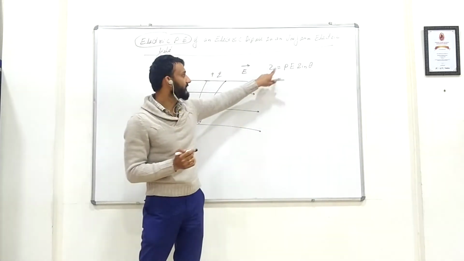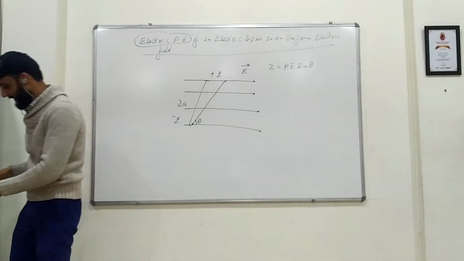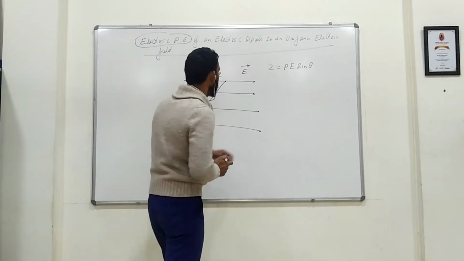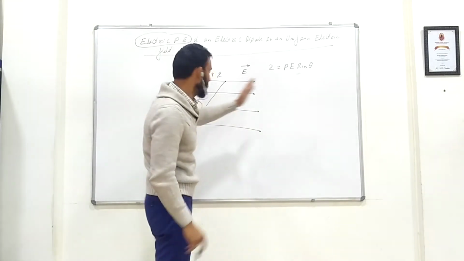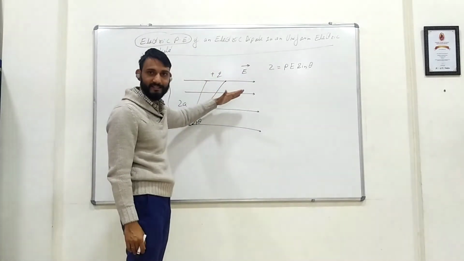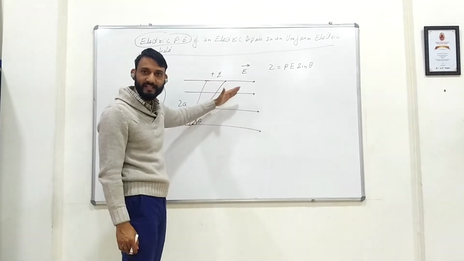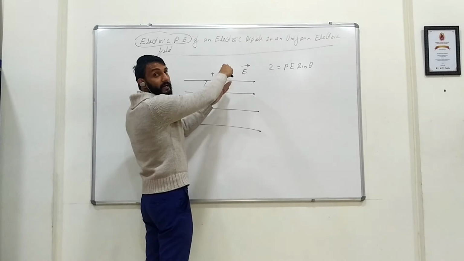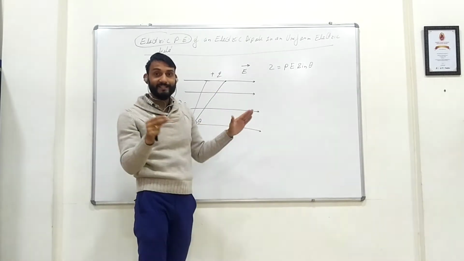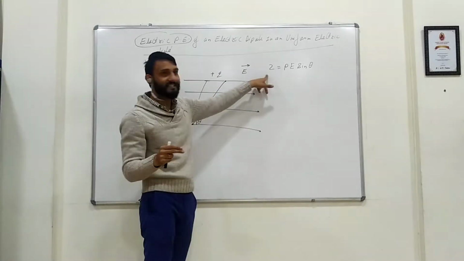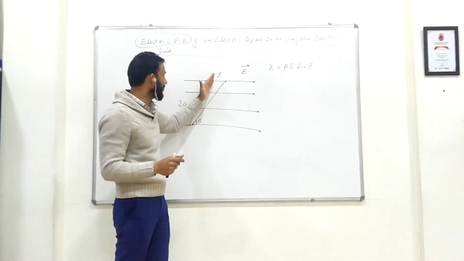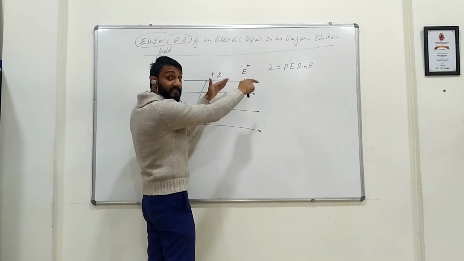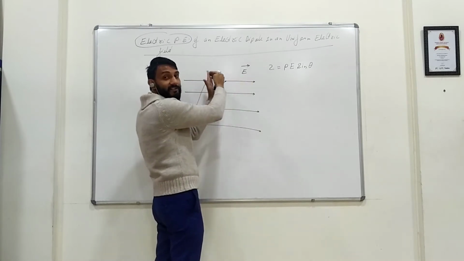This much is the torque exerted on this dipole by the electric field. Now, when this torque acts, obviously the dipole will try to rotate in some direction. So when it is rotating in this direction, I did some work against this torque. Suppose the torque was moving the dipole in this direction, I did some work against this torque to move the dipole in the other direction.